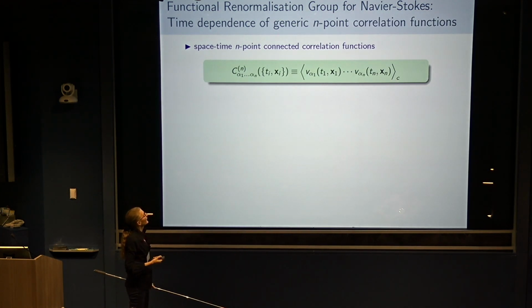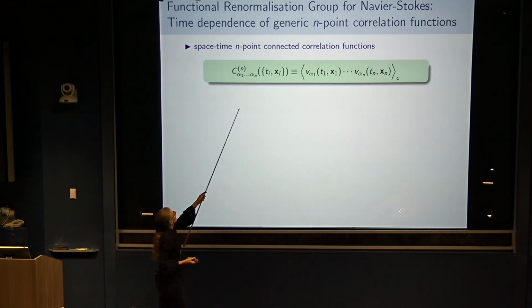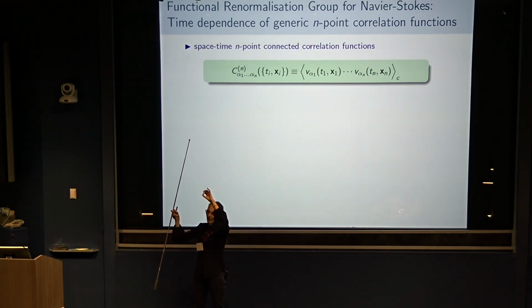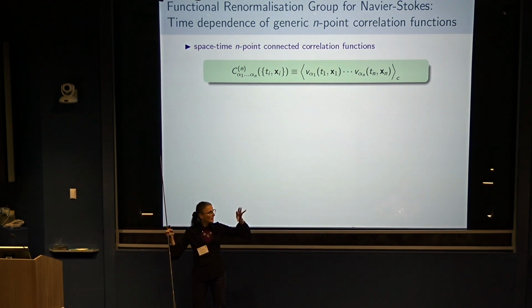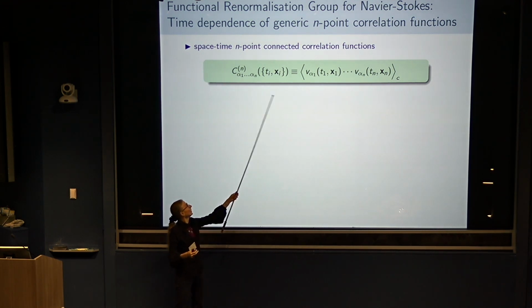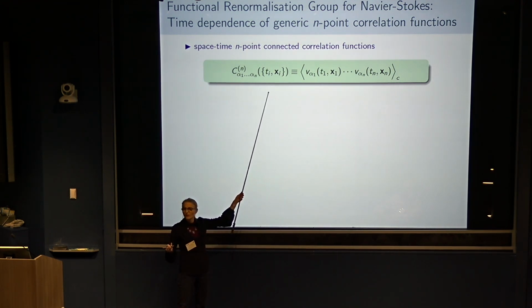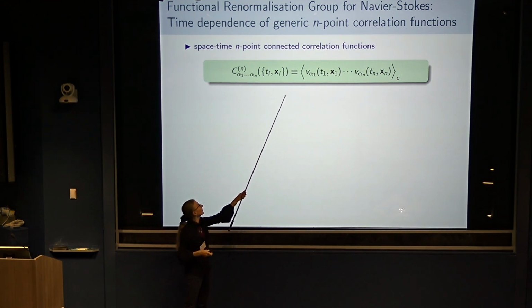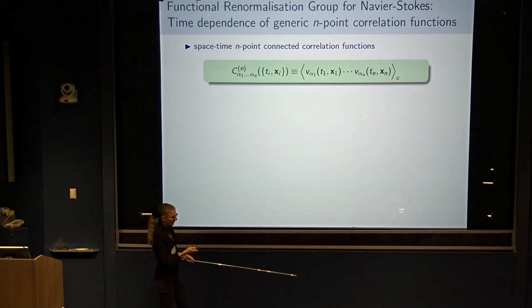But the main result that I want to discuss in more detail is the following. The object we are looking at is correlation functions. So we are looking at how n velocities, depending on n space-time points, are correlated. Okay? If you know all of these objects, you have your statistical theory of turbulence, right? Because you know all the moments, the correlation functions. So this is the object we would like to compute.